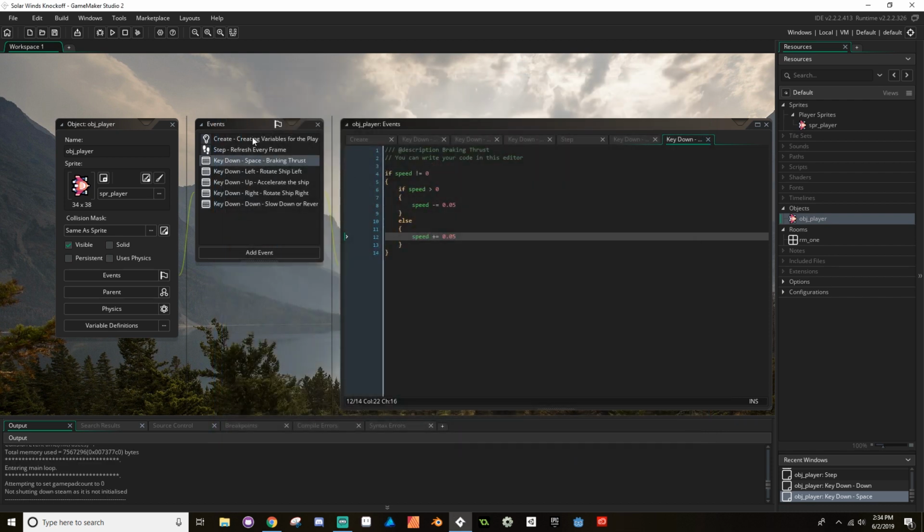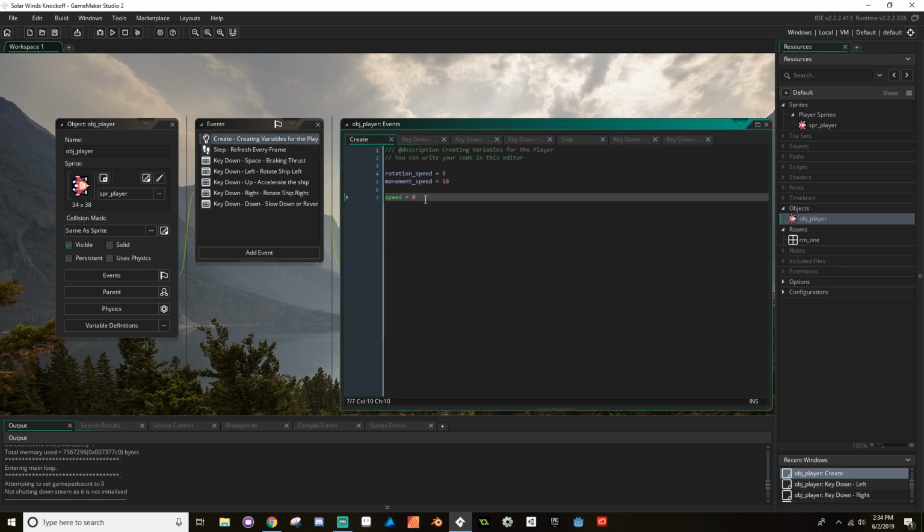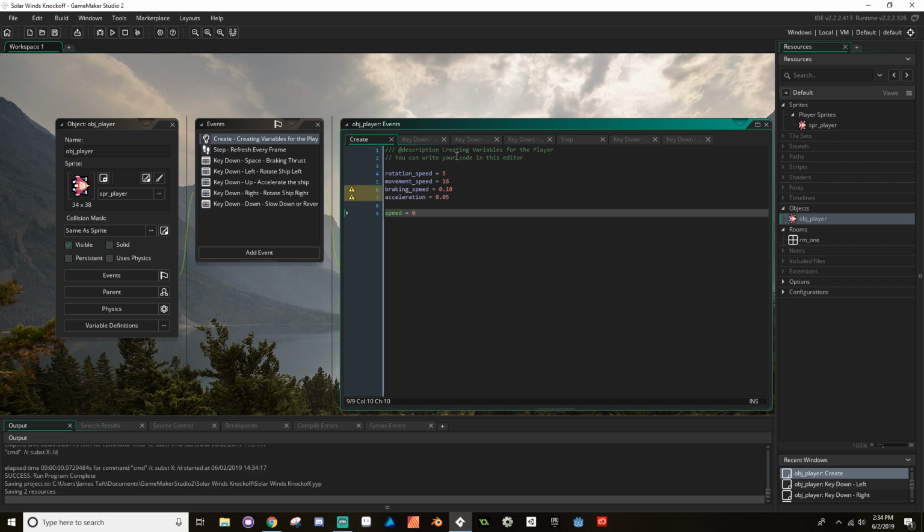So here's what I'm going to do. Rather than playing around with these variables and needing to change it in a bunch of spots, I'm going to go back to my create event and add a braking speed. I'm going to set my braking speed to be equal to 0.10, and an acceleration speed. That just sounds weird. We'll call it acceleration, 0.05. Now I've created these two new variables. So if I save this,